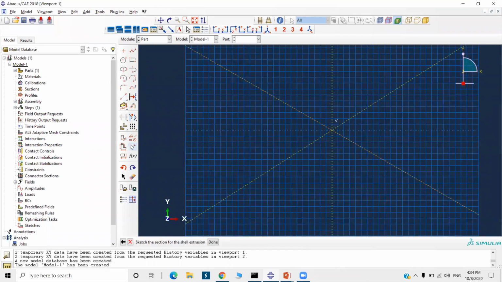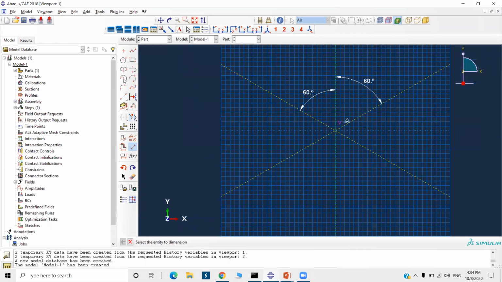Now first I will fix the construction line. So this one, I have fixed it. I will give the angle between these two lines. So it is 60 degrees. The angle between these two construction lines is also 60 degrees. I'm going to take create arc, center and end points.